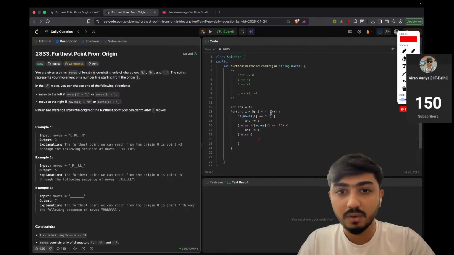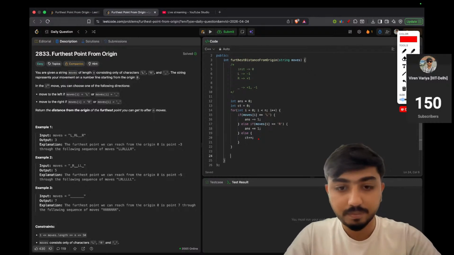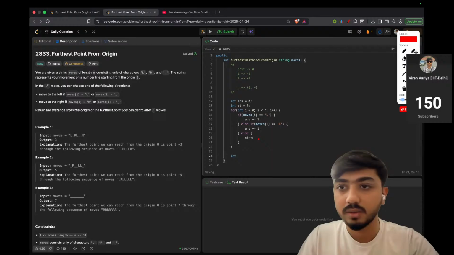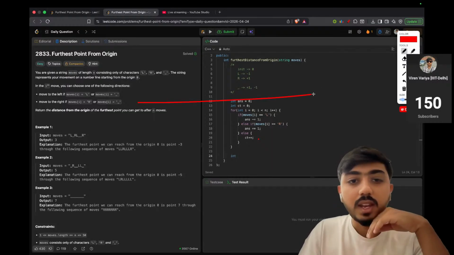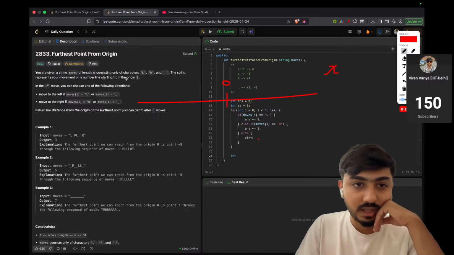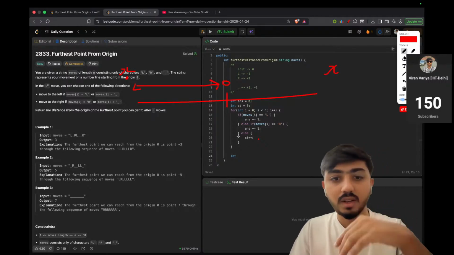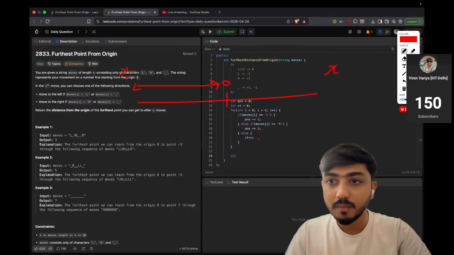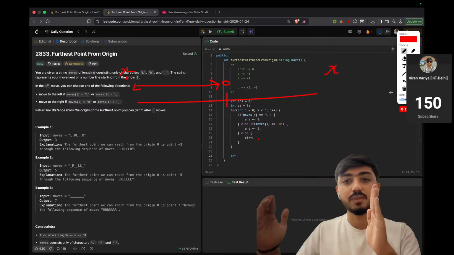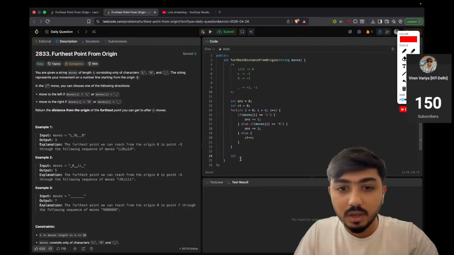Let's say count is equal to 0, and for each underscore we just do count plus plus. Now, anyway, we want the absolute value, right? So let me draw again. Let's say this is the origin and you are standing at X position. It is X distance away from the origin, right? So we'll take an absolute value that gives us the distance from the origin where you are standing right now. So int answer is equal to absolute value of